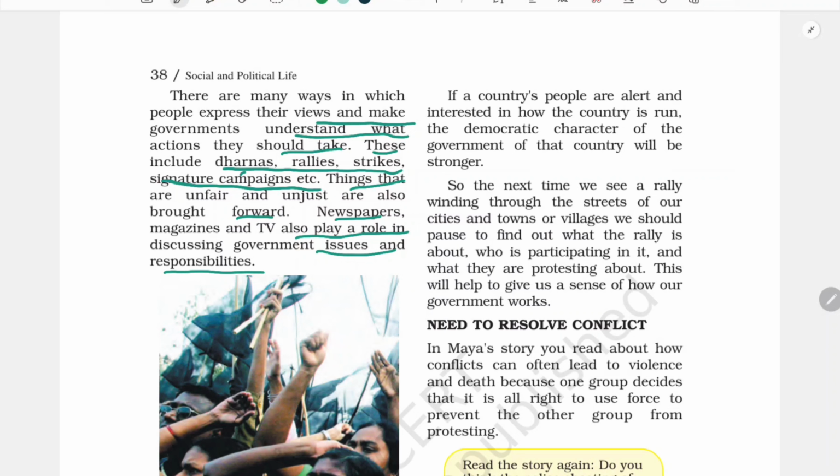Whenever the government brings any law, how will the people come to know? The people will come to know only through these newspapers or by watching the TV news, isn't it? I hope you have often seen your parents also watching the TV. Okay, this law has been introduced, this, that, isn't it? So here